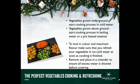So veg growing under the ground needs to be cooked in cold water to start with. Veg overground straight into boiling water. But the most important thing I can say, if you are pre-cooking your veg, is to make sure you refresh it into ice water as soon as you cook, so that will lock in all the color and all the flavor, and it will also keep that nice crunch to it. So after you do that, also